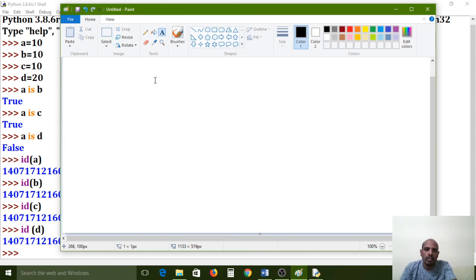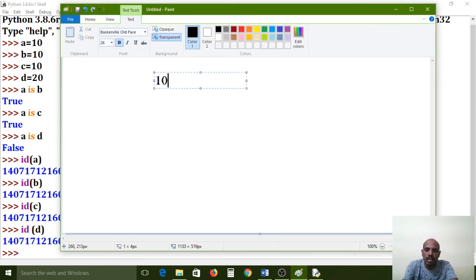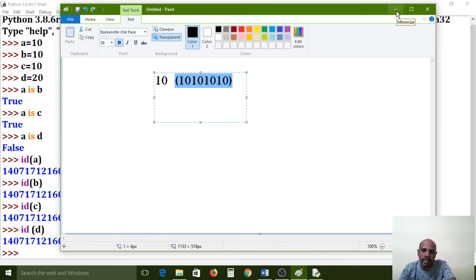Now I am showing one. If you pass the number 10, it prints a binary value like 101010 something. Actually, it is not a correct value. After conversion, it will take some other value. For your understanding, I am using an assumed value. Binary language is nothing but machine readable language. Directly it can communicate with the machine.